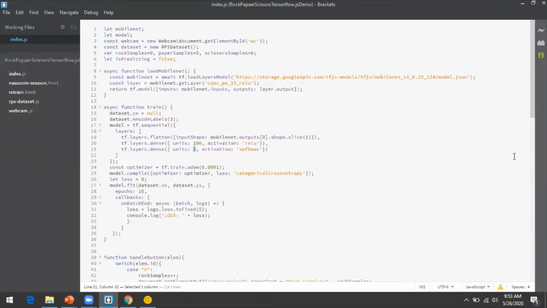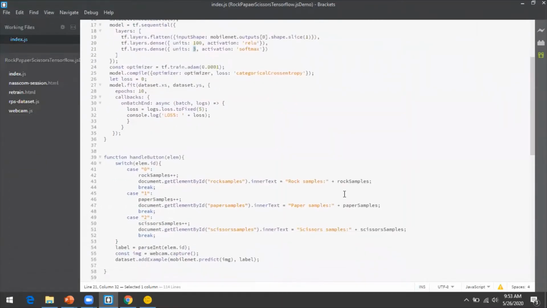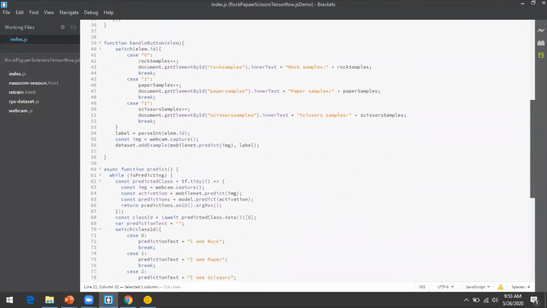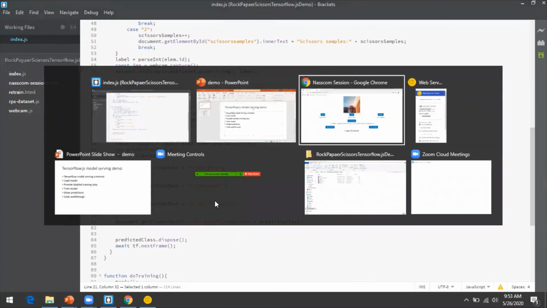And this is our training code. This is the code for labeling data, collecting samples. So we collected samples of rock, paper, scissors with these 3 labels that we had exposed. Once we trained the model, this is the code that is making predictions. And it is going to use the MobileNet with our retraining of 5 samples. And we predicted the rock, paper, scissors for the images that were exposed. Good luck using TensorFlow JS.